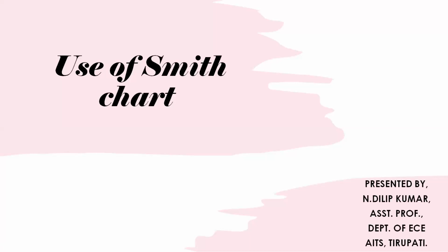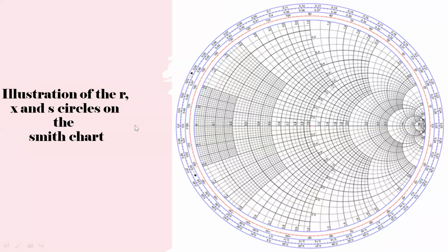In the previous session, it was discussed only on the Smith chart, how it has been formed using the R and X circles. In this session, we are going to see how to use it, I mean, to identify the values of gamma, reflection coefficient, S, SWR, standing wave ratio, and Zin, input impedance. So before moving to the usage, let us have a small recap of the Smith chart.